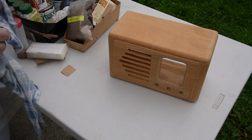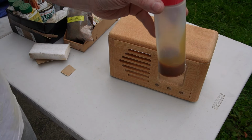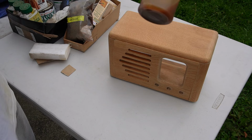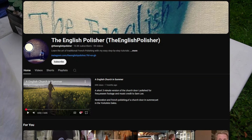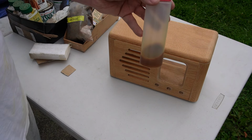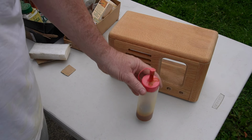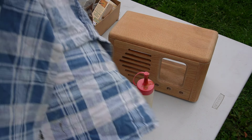We're about ready to put on our shellac. It's fully dissolved now. I used to watch a channel called The English Polisher, and I think he's still around, but I don't know if he's doing that many videos anymore. Very flamboyant English guy, quite entertaining to watch, and he was quite good with this stuff. Me, I am a rank amateur, but what I have learned